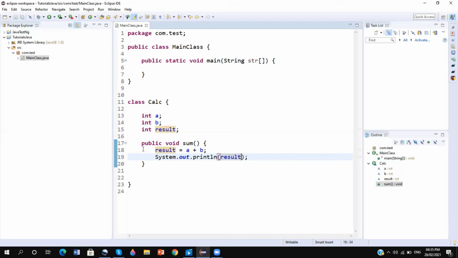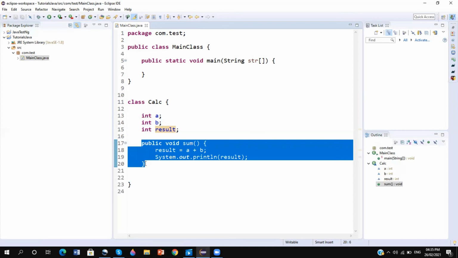So a class can do something. It means we can define some method. Method is just a collection of some code which is grouped to perform some specific task. We will discuss more details in the next video, next tutorial: what is a method, what is a function. And now this is a class.